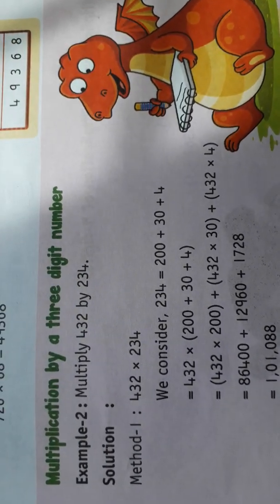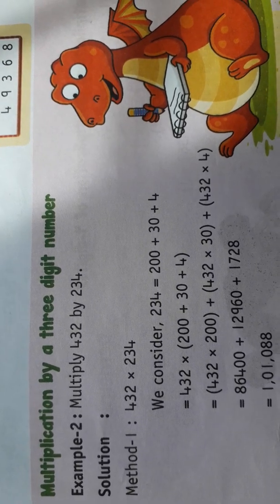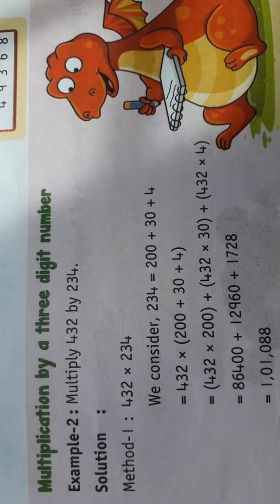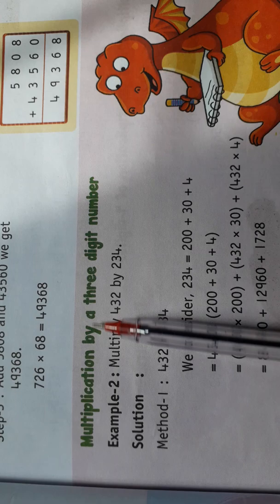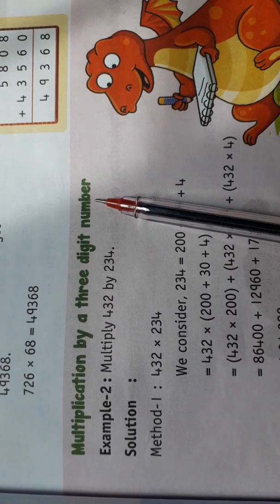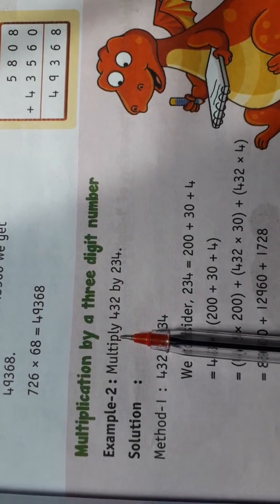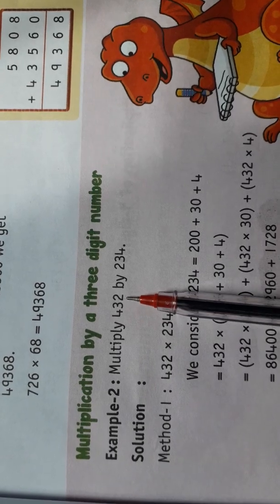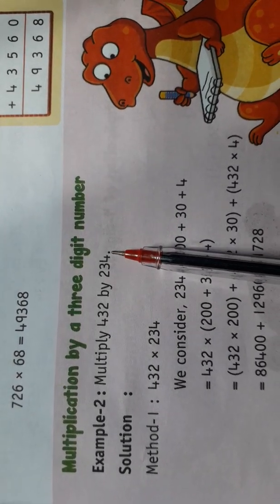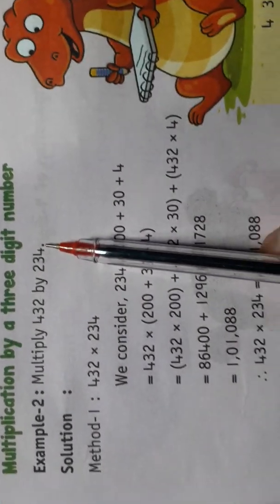So, we will see the method which is used here for doing multiplication. Multiplication by a 3-digit number. Now, children, multiply 432 by 234. Now, our solution is,